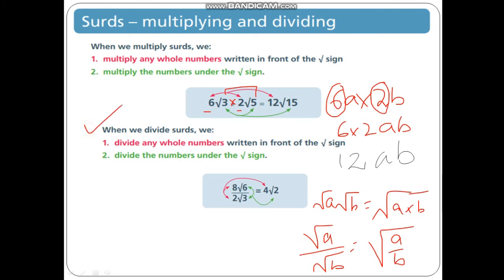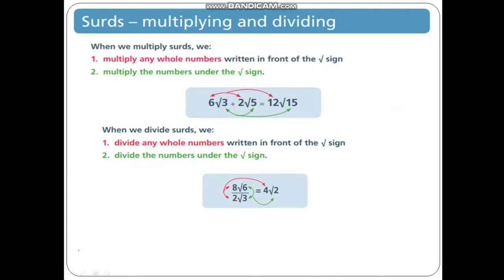Same when we divide surds, we divide any whole number written in front of the surd, meaning the coefficient will be divided by the coefficient. Divide the number under the radical sign with each other. Like, हमारे पास ये 2 4s are 8 and 3 2s are 6. So same like if we treat it like this, I will have 8a square by 2a. So 2 4s are 8 and a is cancelled, so remaining will be 4 into a.